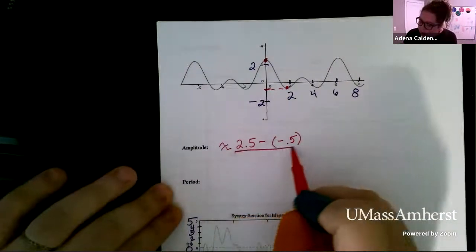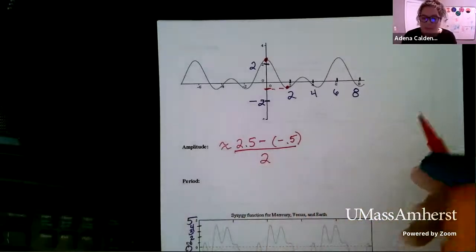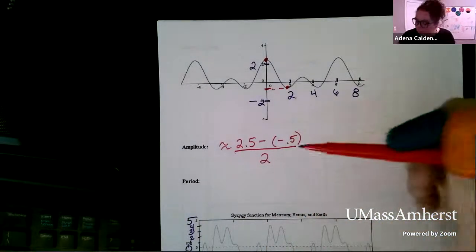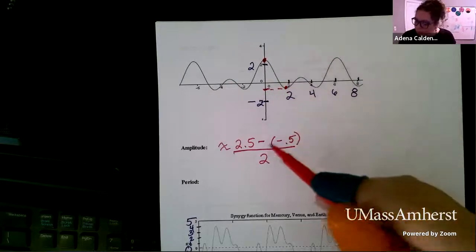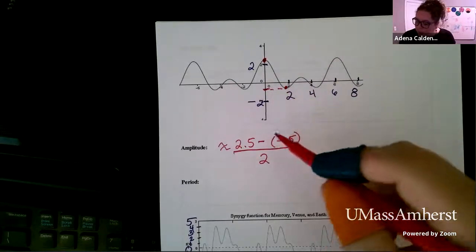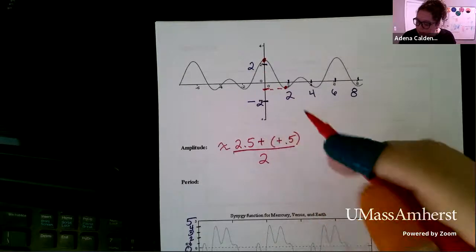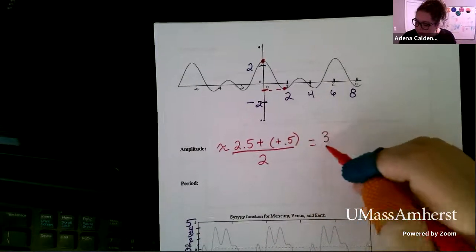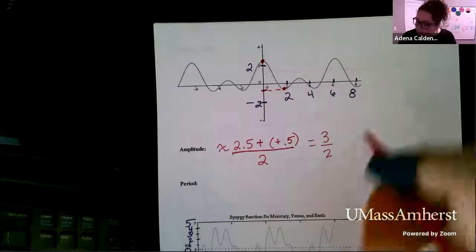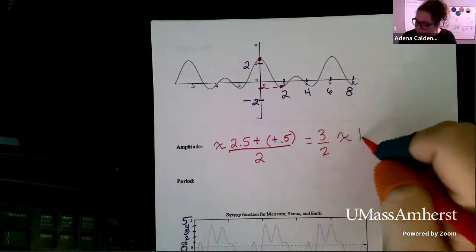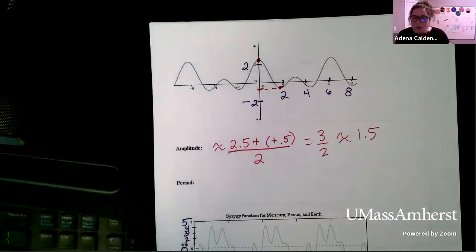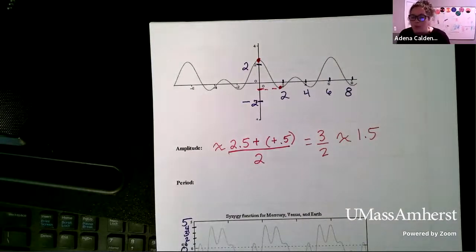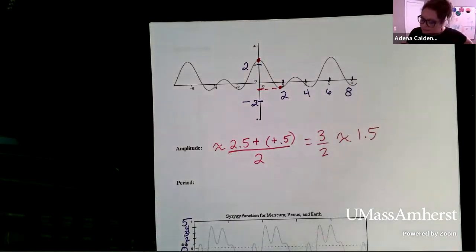And then from our formula, we have to divide by 2. So again, we need to be a little careful because we're subtracting off something negative. And so we want to use parentheses to show what's going on. So these cancel, that becomes a plus. So I have 3 over 2. So my amplitude is approximately 1.5. Okay, so anything between sort of 1 and 2 is a good approximation for this amplitude.